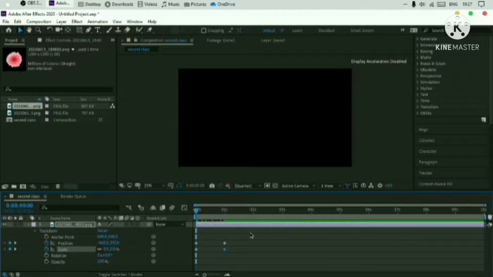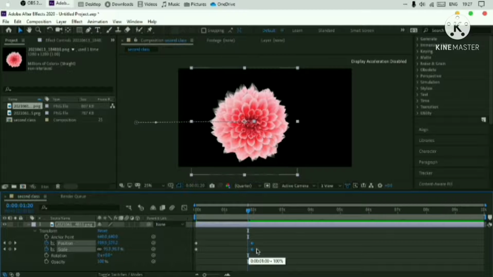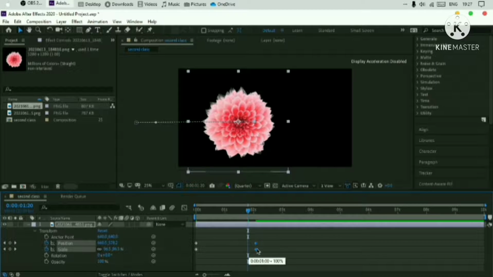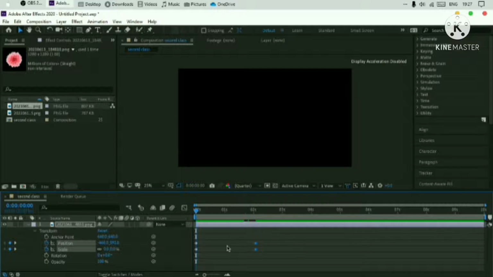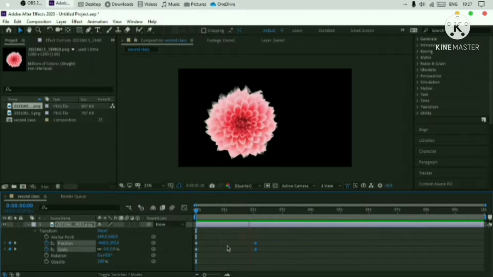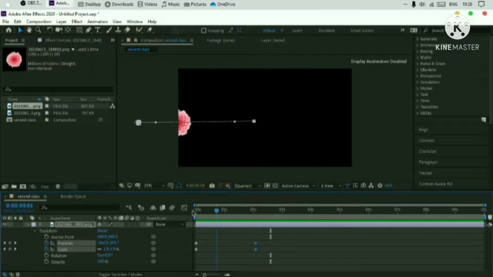So let's play the animation. Let's see what happens. Okay, so from smaller it came to bigger. You can also move these keyframes by selecting them and dragging them to another place, like to 2 seconds. Now it will be a bit slower because it was too fast. See, it's happening like that. So it's that simple to do.